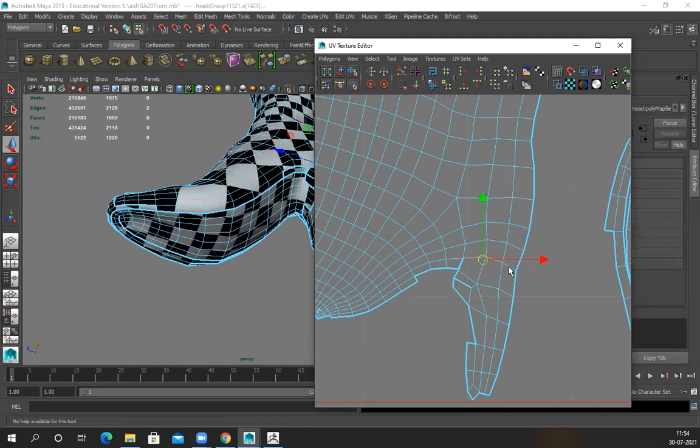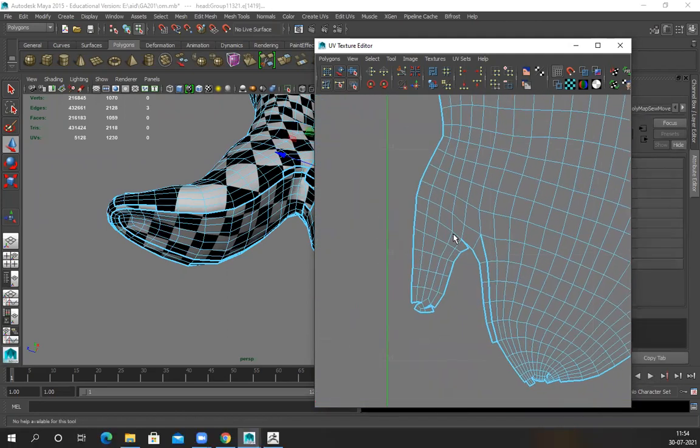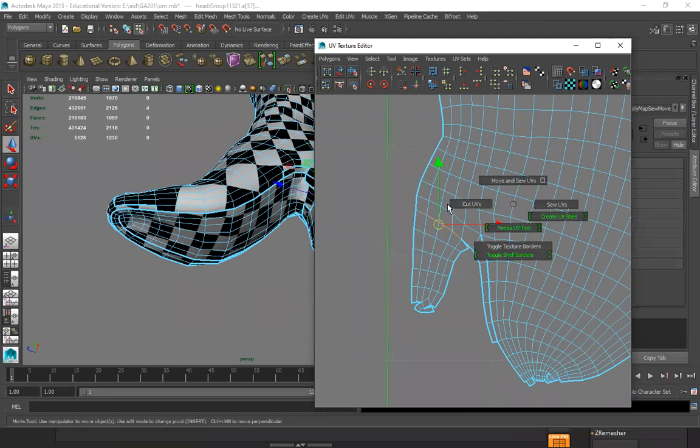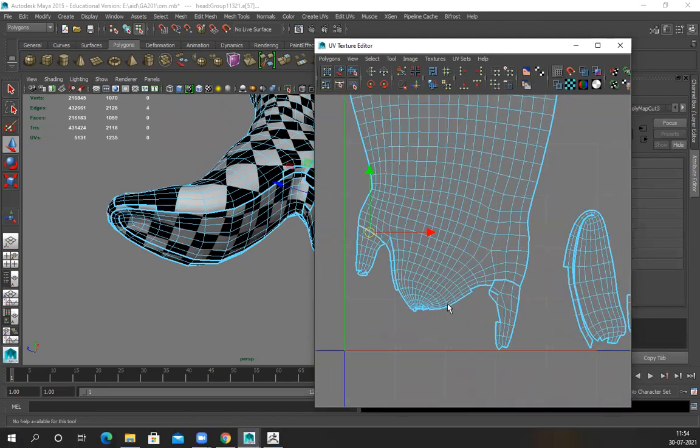And this part, anyways, I have to separate it. Cut. And anyways, I have to recreate this thing.